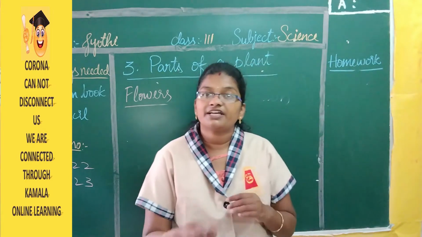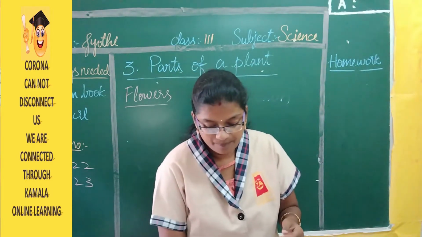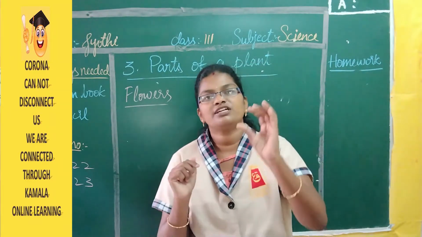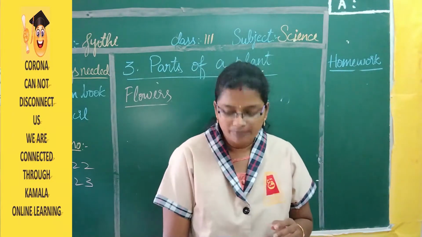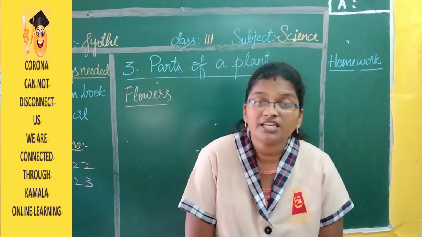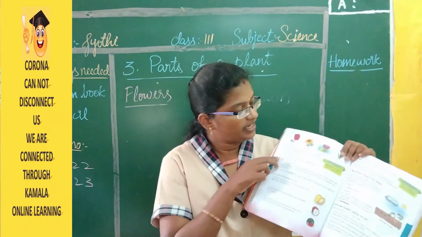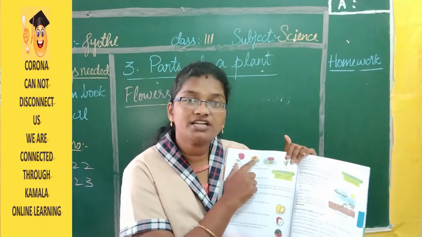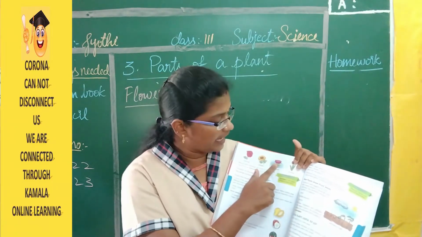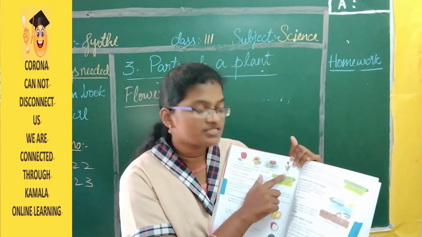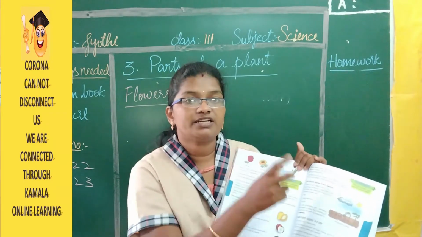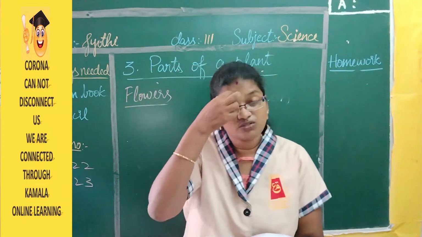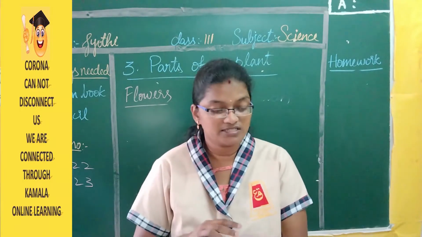So flowers are very attractive, they are very bright, and they bloom from the buds. Buds are nothing but small flowers. After a certain period of time they become big. Now turn the page, you can see the different pictures here, like rose, red in color, sunflower, yellow in color, lotus, it is very big and it is pink in color, and this is a tulip. Tulip grows in certain conditions only. Here we cannot find tulip flowers. In tulips also there are different colors.